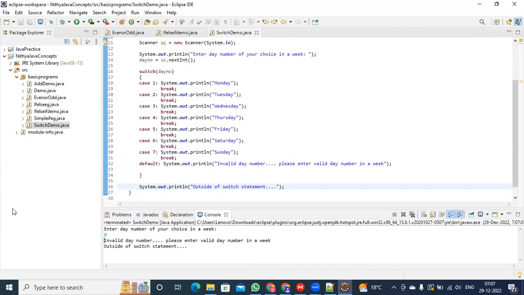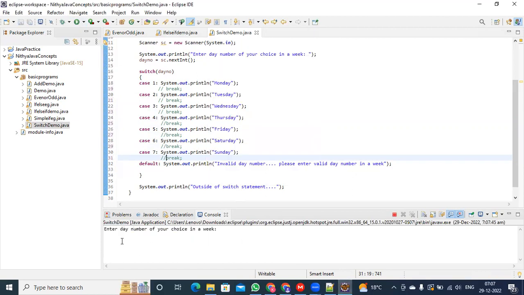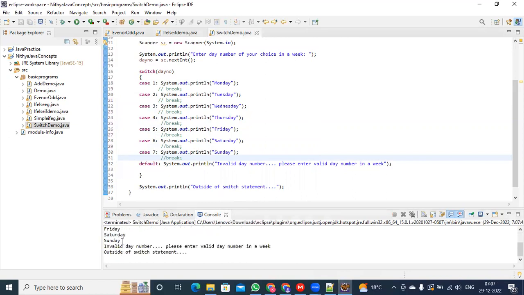In the same example, if I'm not giving the break statement, I'll make all the break statements as comments. Now, if I'm executing, suppose the input I'm giving as true,